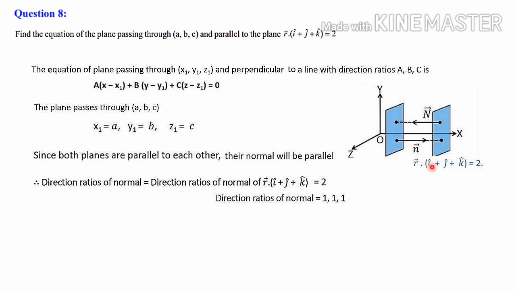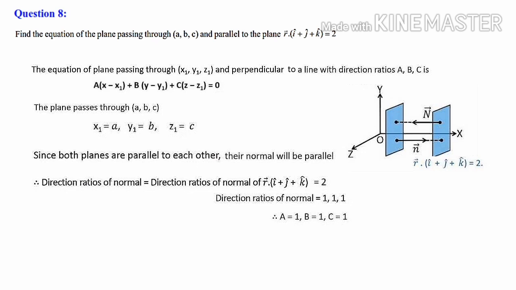So simply, the direction ratios of the normals are the same. We know that the normal in this equation is i cap plus j cap plus k cap. This is vector n, small vector n, because this equation is in the form r dot n is equal to d. So n represents the normal vector. So the direction ratios of this normal vector are 1, 1 and 1, the scalar components of this vector. Along with i cap there is 1, along with j cap there is 1, and along with k cap there is 1. So the direction ratios of the normal are 1, 1 and 1.